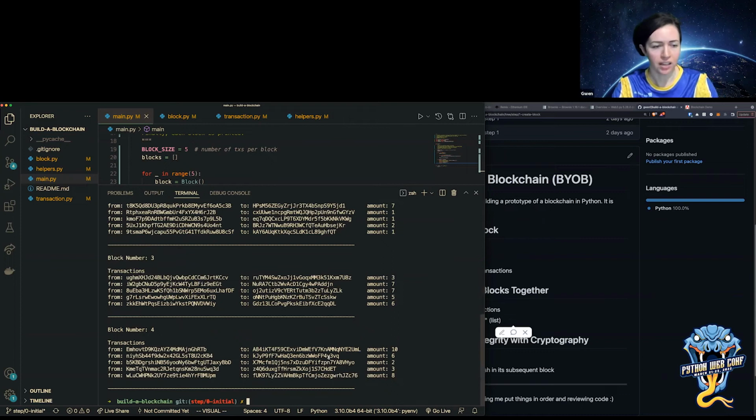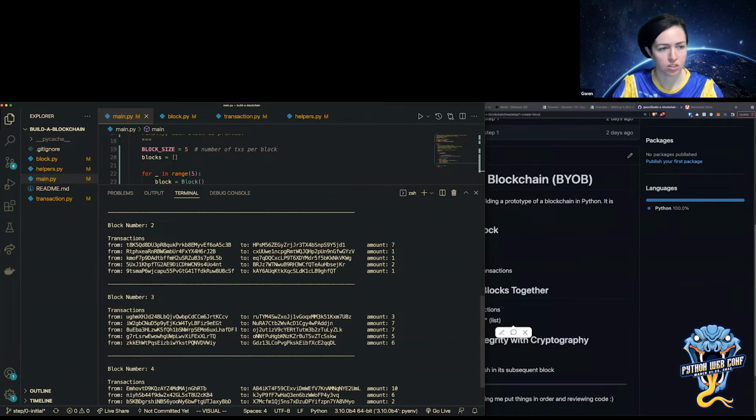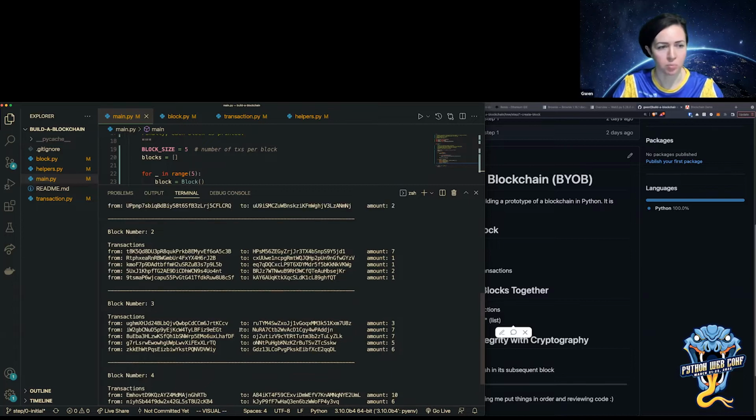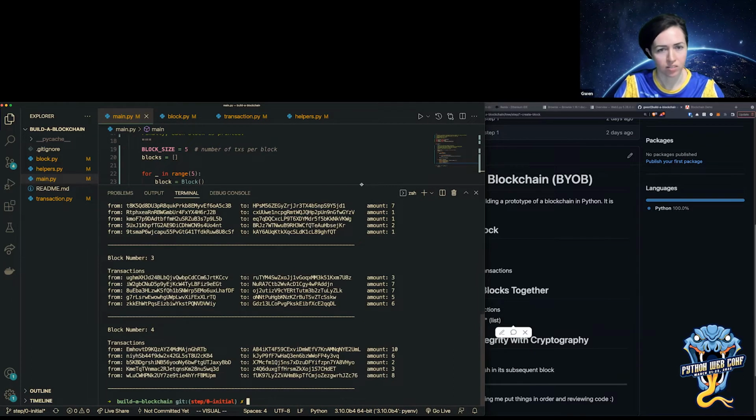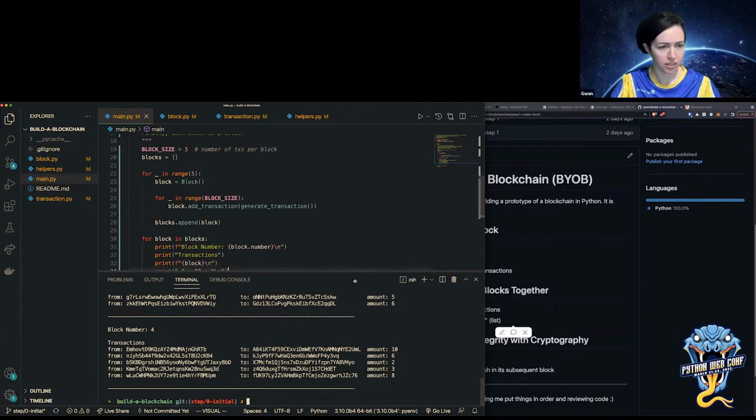Now, right now, there's no way to validate that the data is correct, and integrity is very important in the blockchain. Without cryptography, there's no way to verify that this transaction information hasn't been changed, transactions haven't been removed or added or updated. So to do that, we really have to hash the blocks and then store the hash value of each block on the next block. So I'm going to do that real quick.